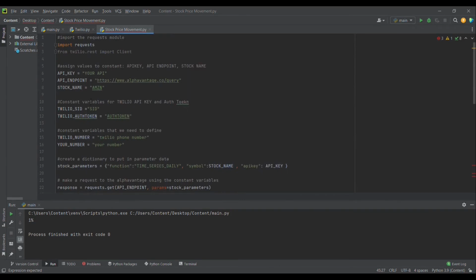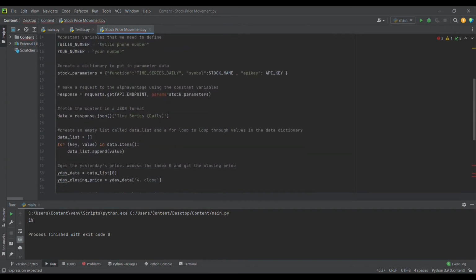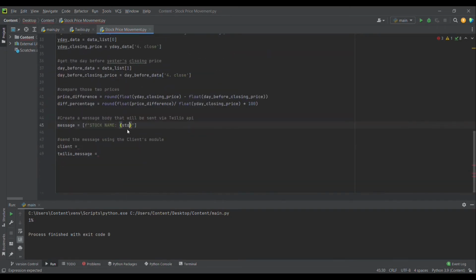So for example, in my case, I'm using Amazon, so that will be your stock name. And then I will just create another line here, and we can easily see it. And then the stock name, and then we want to see